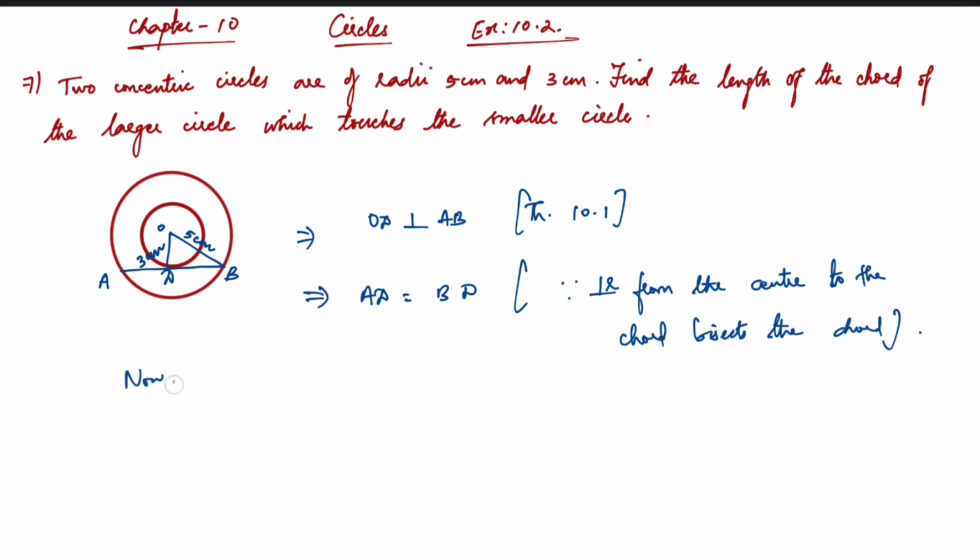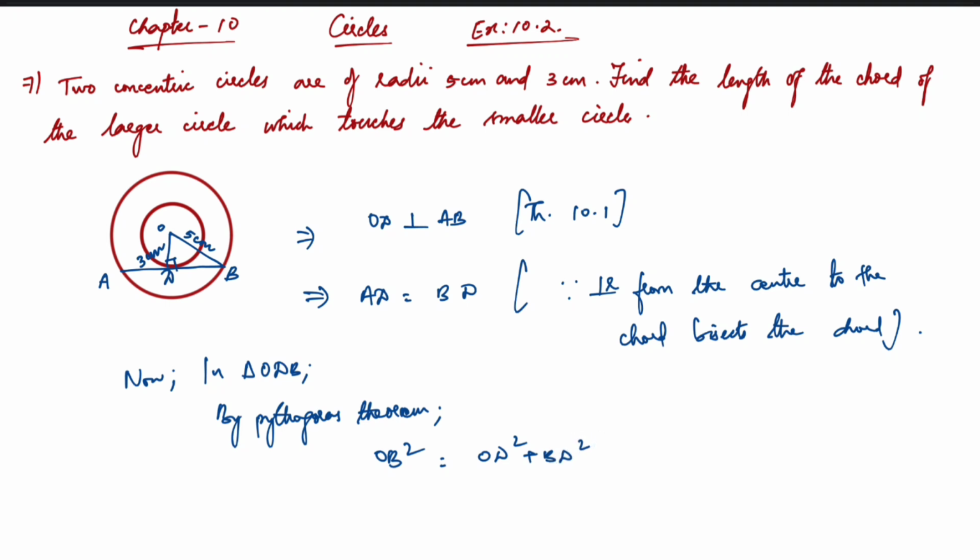Now, in triangle ODB, using Pythagoras theorem, that is, hypotenuse square is equal to height square plus base square, we can write OB square is equal to OD square plus BD square, which gives us 5 square is equal to 3 square plus BD square,